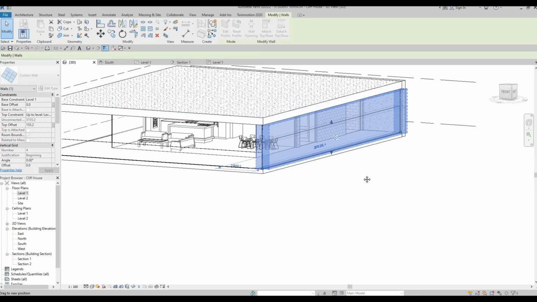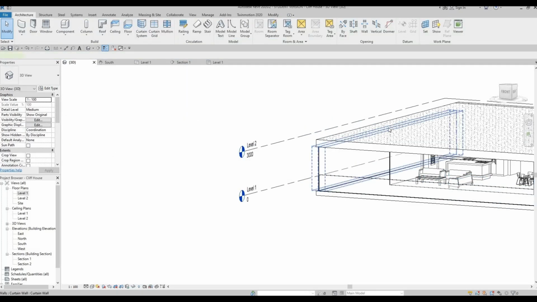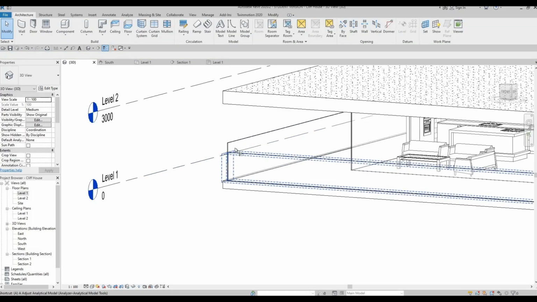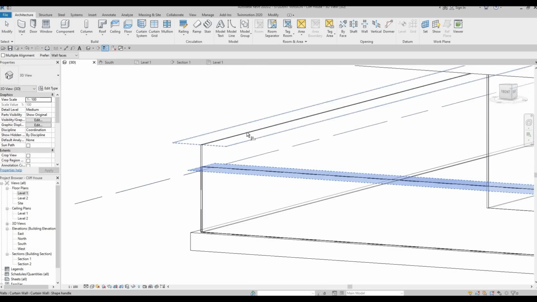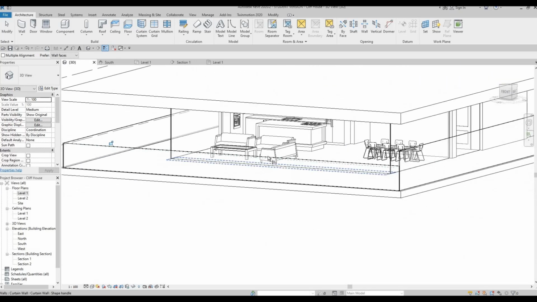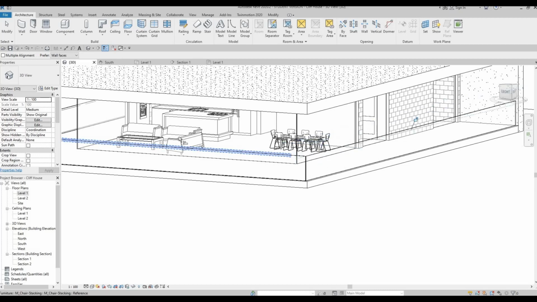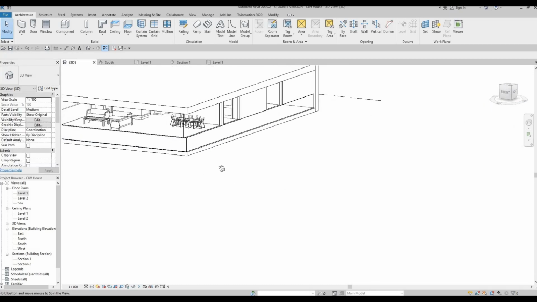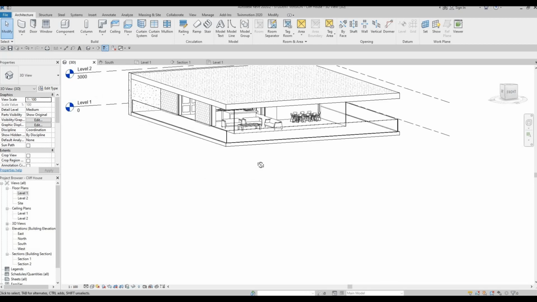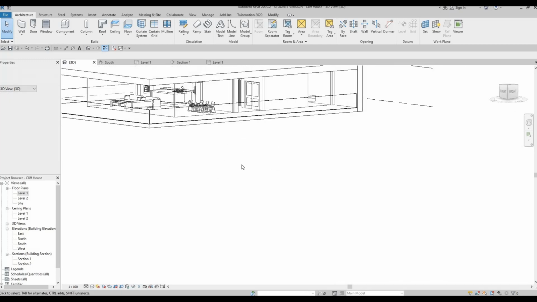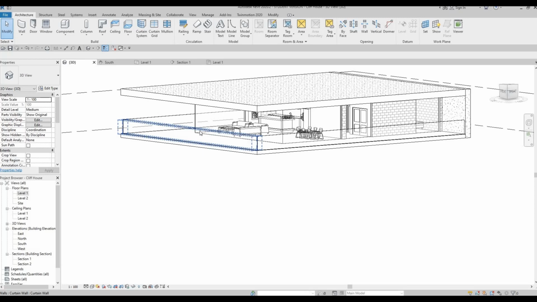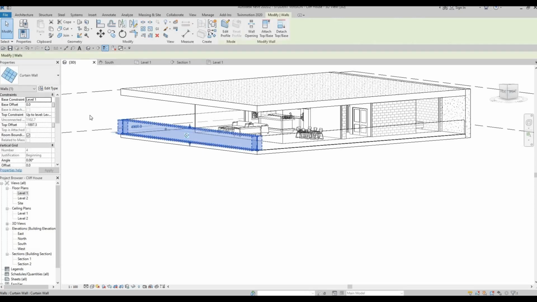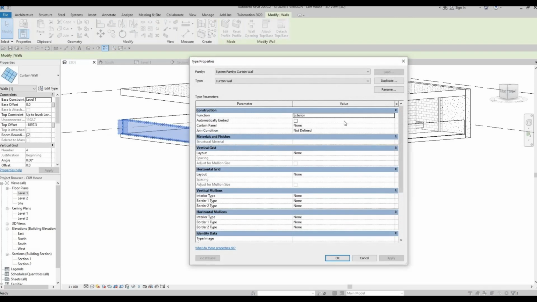Here we just need to move it downwards like that, so that we could just use align command in order for all the heights to be in accordance to this. So let's set this one like that. So using align will help you a lot with this. I'm gonna change the glass on this. So I'm gonna click this, edit type, duplicate,